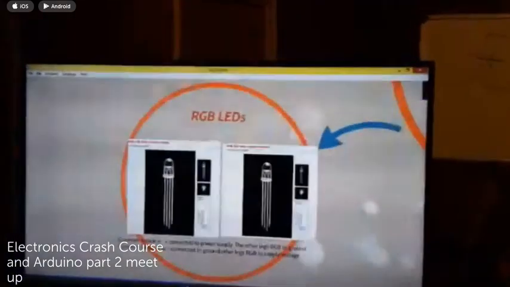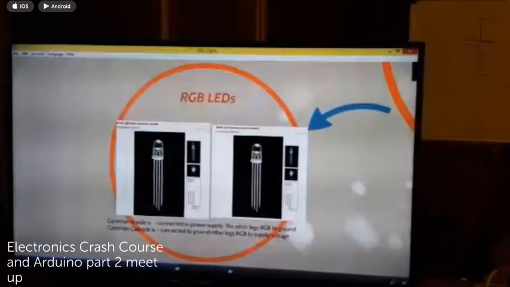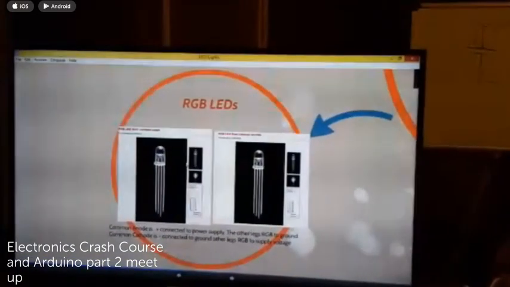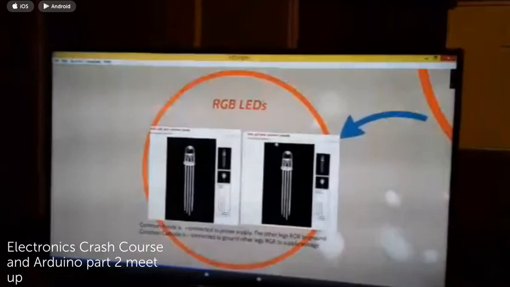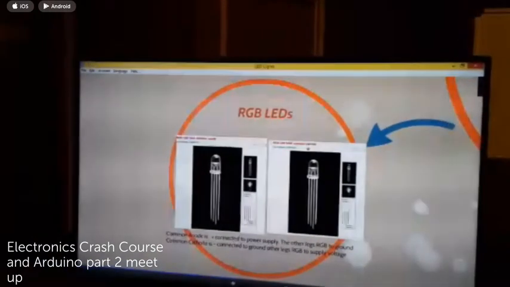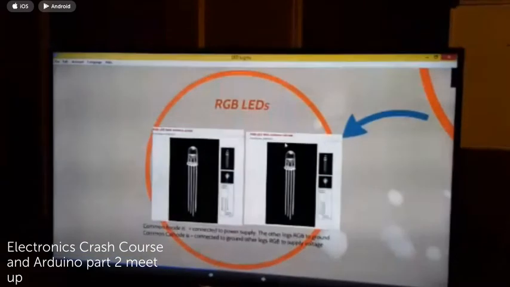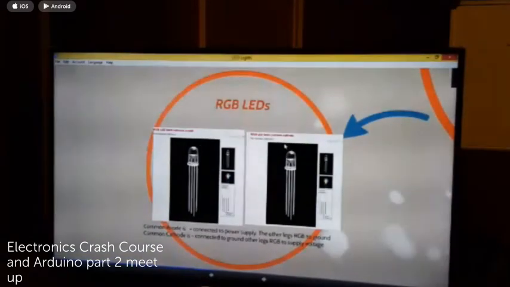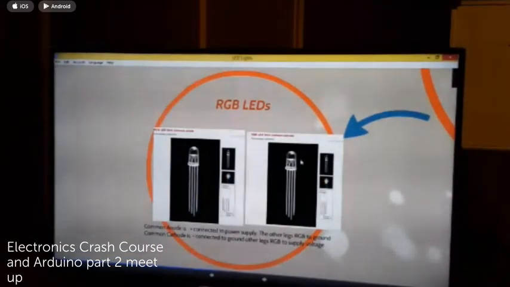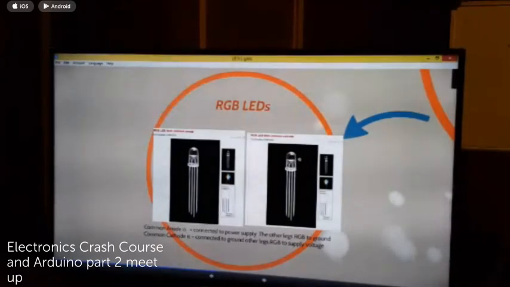Which of these two do you think we can connect? Let me go back to this. Which of these two do you think we can connect to the Arduino board? Can we connect a common anode or a common cathode? Which one of these will work? One of them will work better than the other, or one will work, the other one may not even work. What do you think? Technically, you can make both of them work, but it was a matter of what do